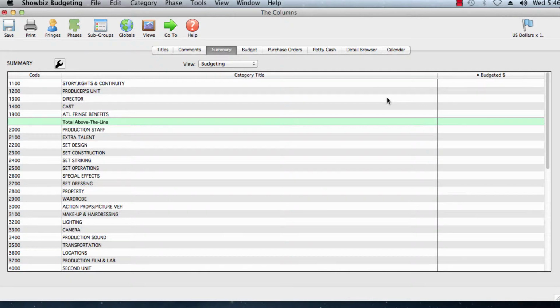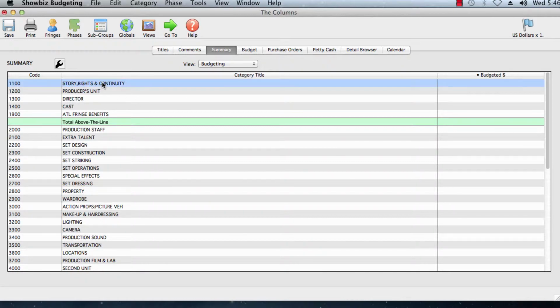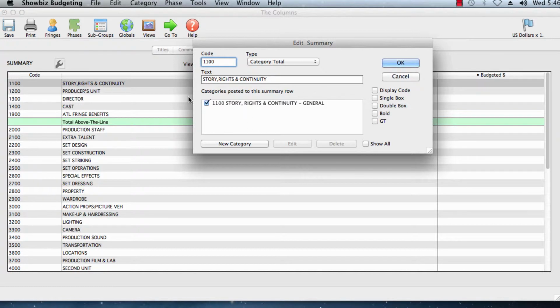When you go to create a new file in Showbiz Budgeting, it's going to be important for you to understand from the outset the options available to you in creating the categories. Let's take a quick look in the Summary tab as to where we set up the categories. When you highlight a summary line and click the Edit option, you'll see that within the Edit Summary window, you're able